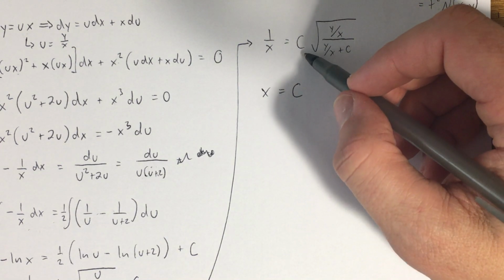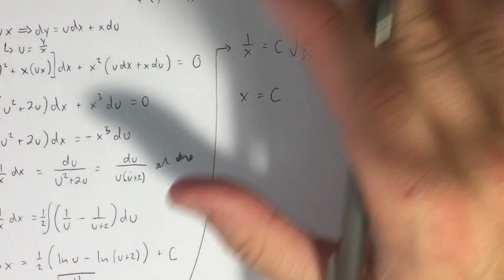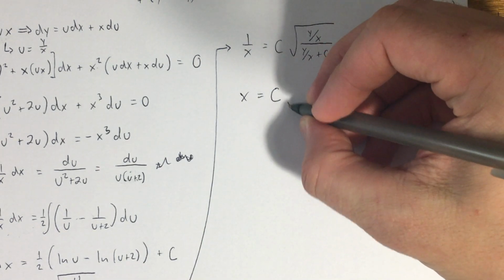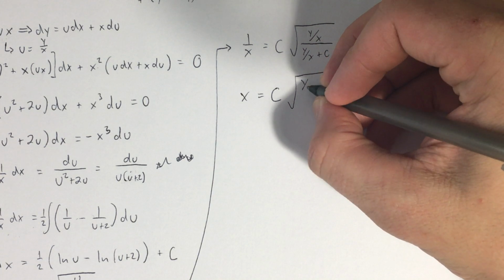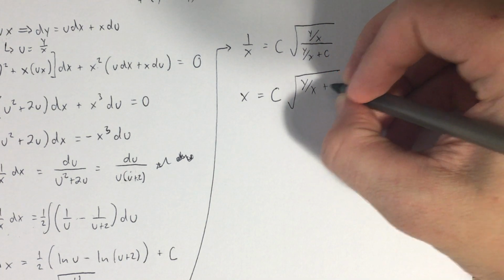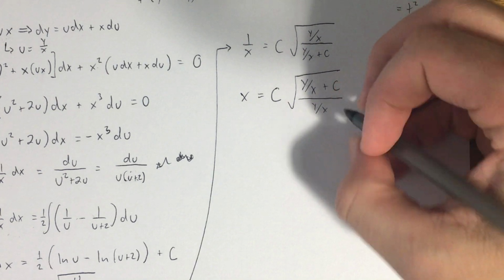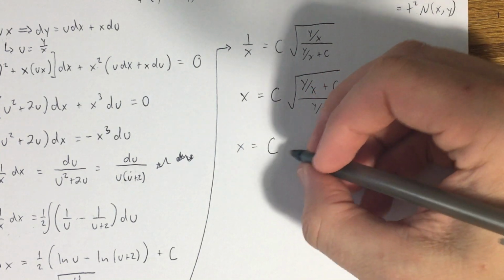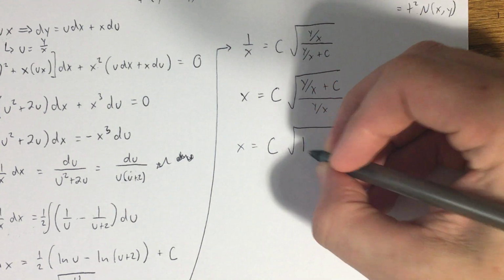We get very lax with how we deal with this constant of integration because it ultimately doesn't change anything by doing that. The reciprocal of this guy is going to be the square root, rather, of y over x plus c over y over x. Let's split that up. I get x equals c times the square root of, there's going to be 1,